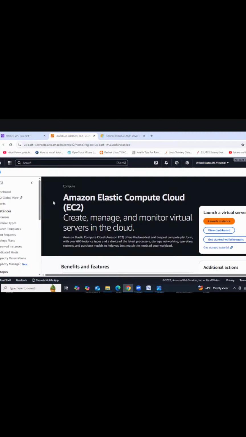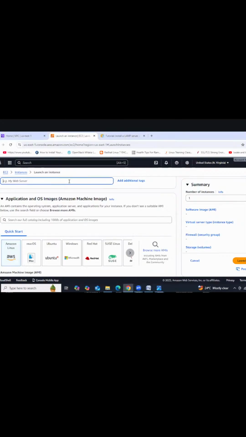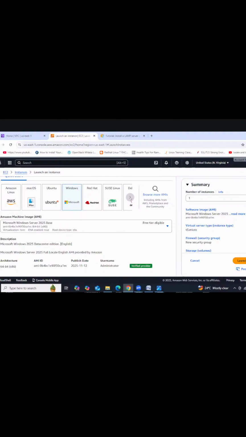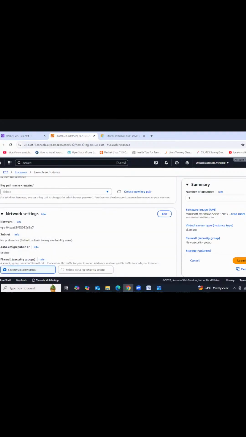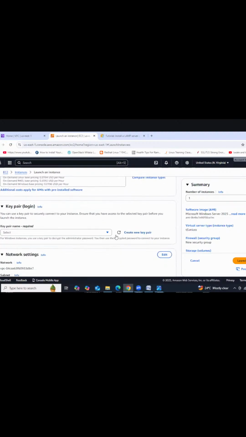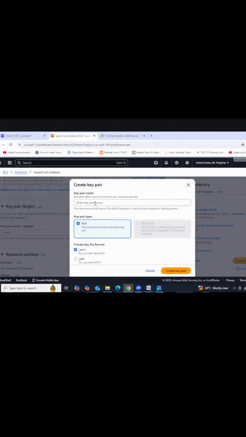Guys, now I'm providing the instance name. Any name you can give, as you wish. Server is the instance name. Okay. Right. So do you need Windows or Linux? Which one? Windows. Okay. So Windows I'm going to select, the latest Windows. Guys, now you need to provide the instance type. Already we know by default you have T2 micro free tier eligibility, and then provide the key pair. We need to create the key pair in this account, right? So that's why I'm providing a new key pair.